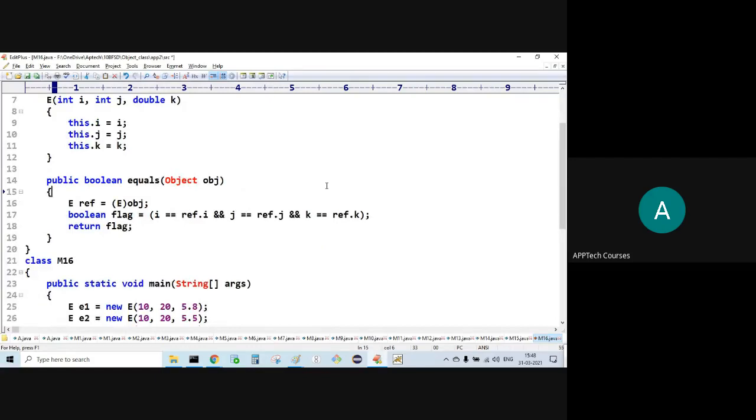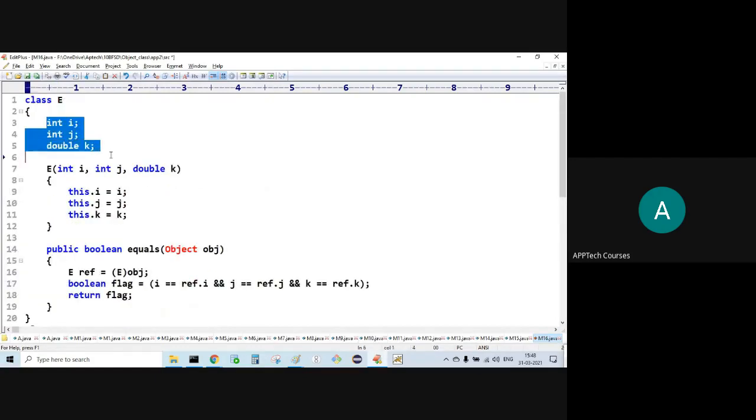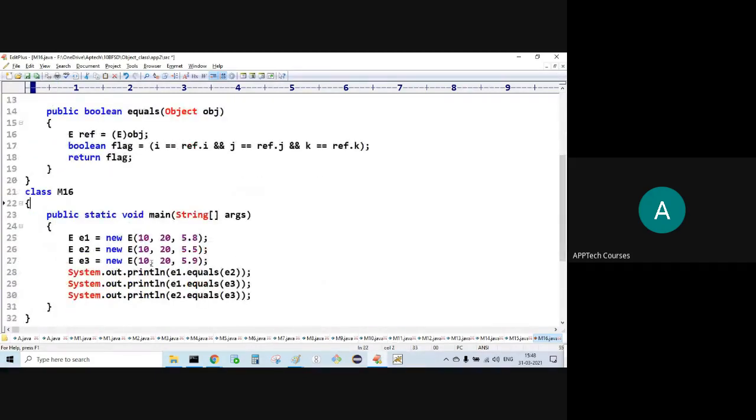Three attributes. Wherever downcasting is required, there I can use the ref. Initially itself I'm downcasting and storing inside ref.